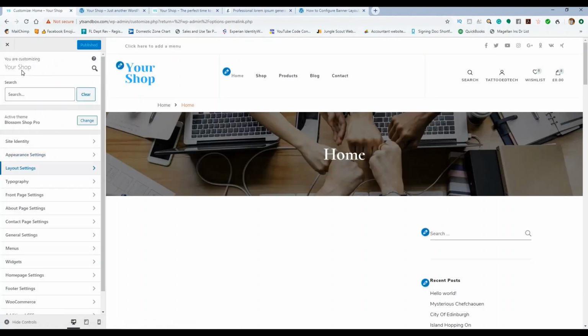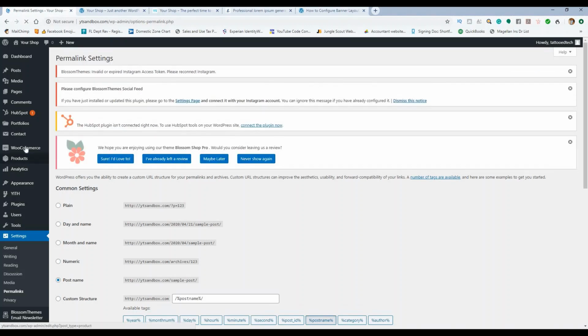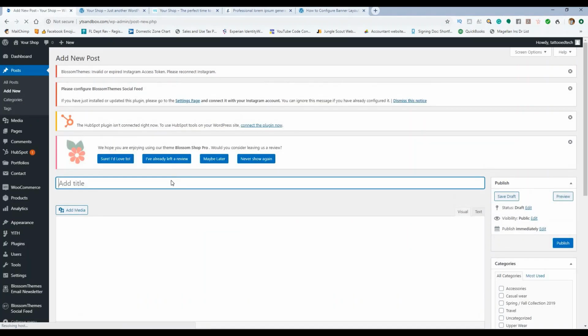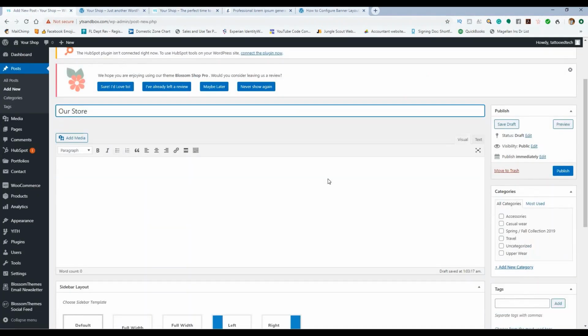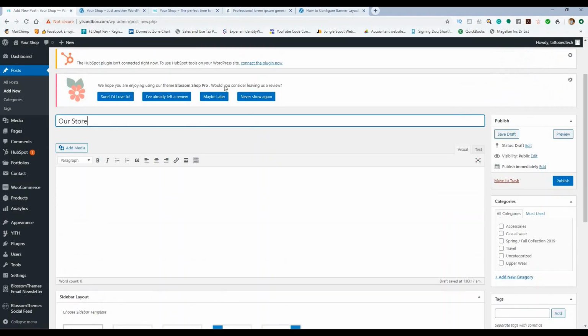Alright. So now to create the slide, we have to create a post. So let's go do that and clean up the banner, the slider. So let's go to post, add new. And I just called it, for this instance, our store, because this actually shows up on the front page. You'll notice our store. Okay, so our store, and then